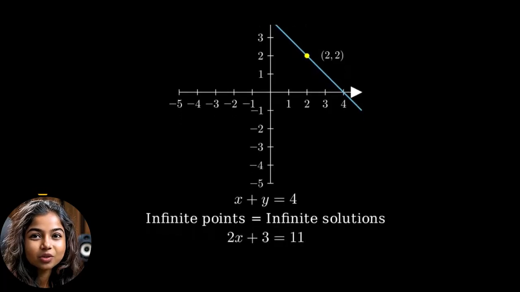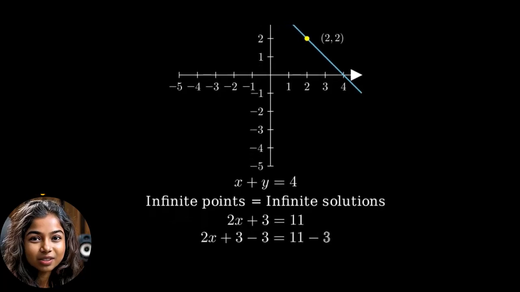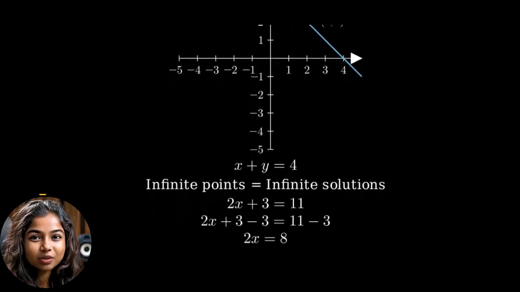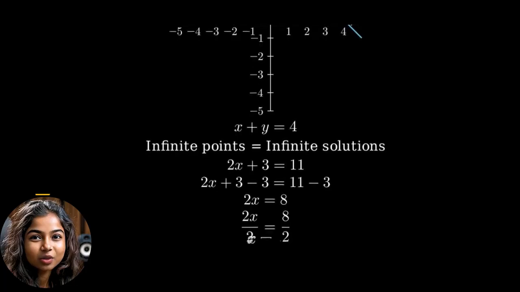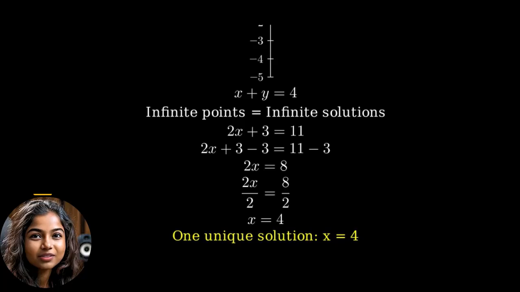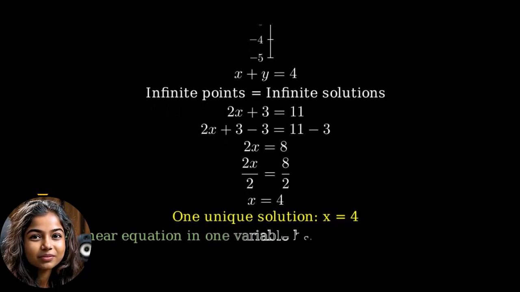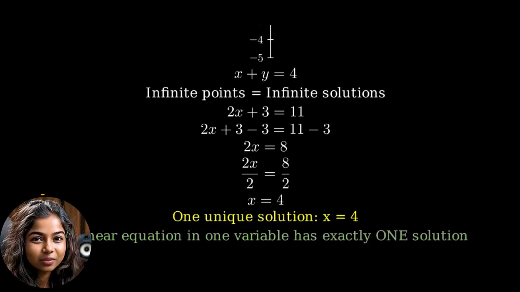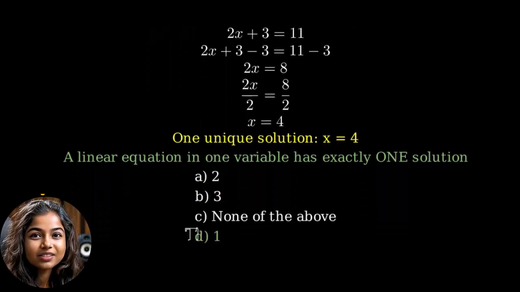The question is about a single linear equation in one variable. For a linear equation in one variable, like 2x plus 3 is equal to 11, we can solve it by subtracting 3 from both sides to get 2x equals 8, then dividing both sides by 2 to get x equals 4. This gives us exactly one solution. This is true for any linear equation in one variable. The key point is that a linear equation in one variable will always have exactly one solution, unless it's a contradiction or an identity. Therefore, looking at our options, a 2b, 3c